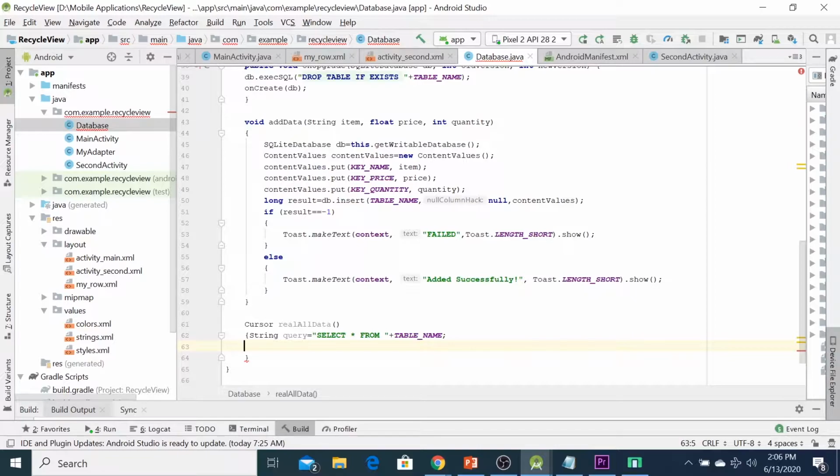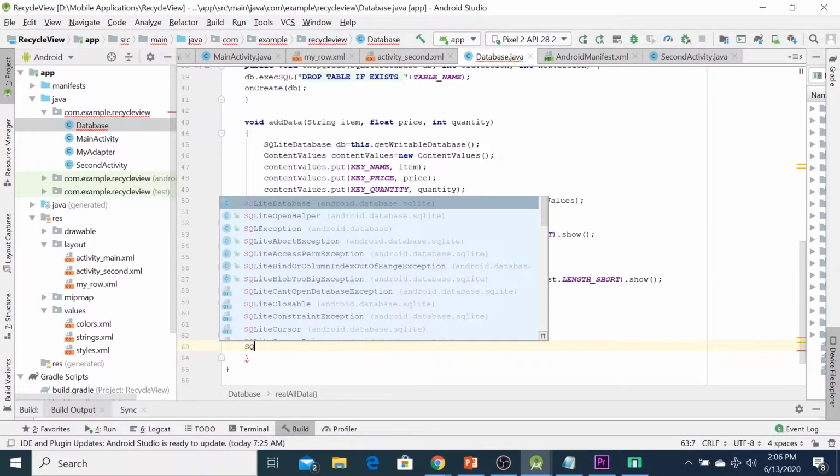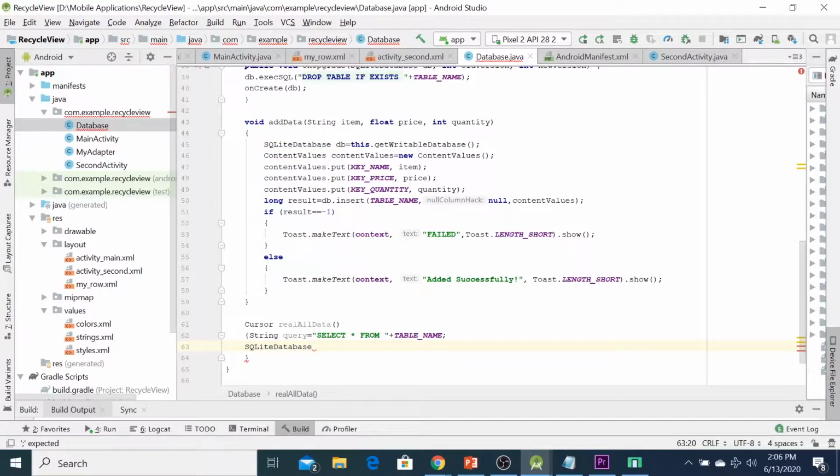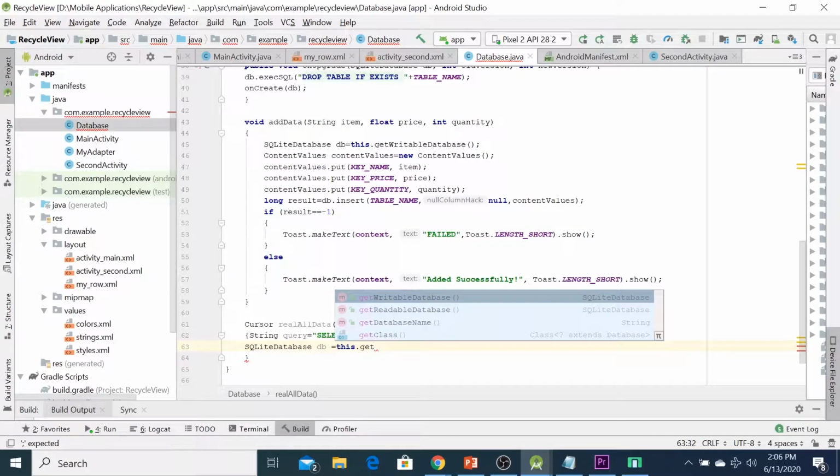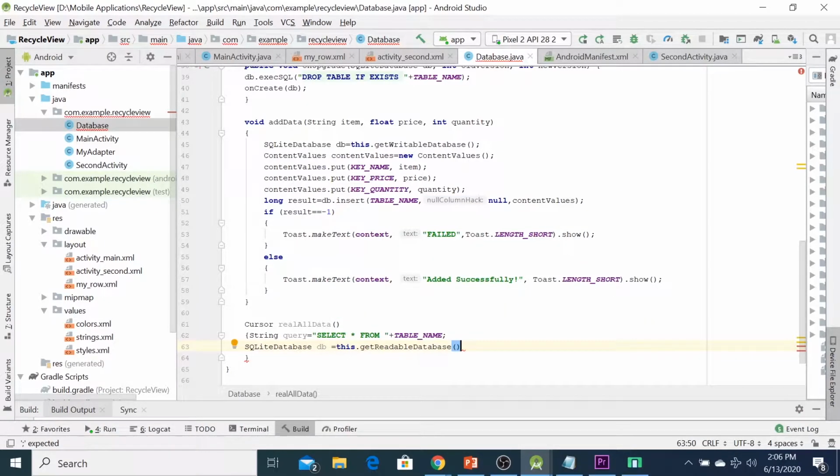Next, we are going to create an SQLite database object and we are going to use the get readable database this time. So we can type SQLiteDatabase db equal to this dot getReadableDatabase and semicolon.